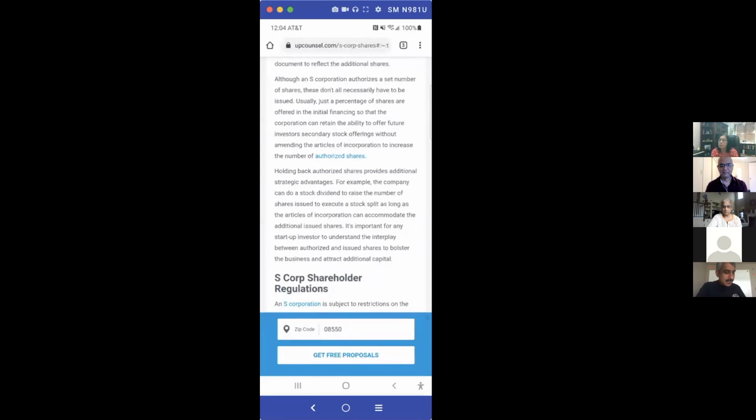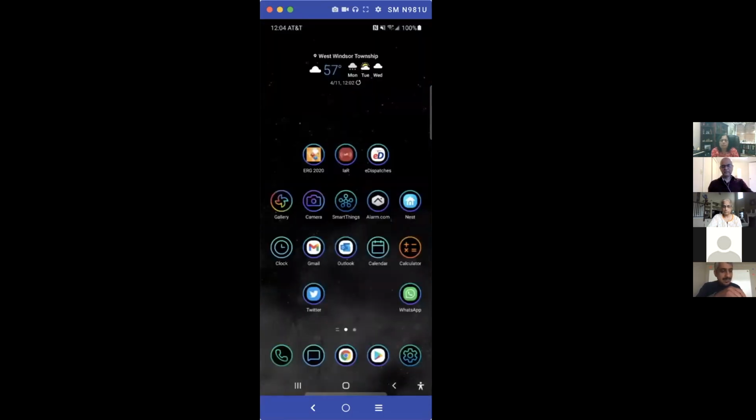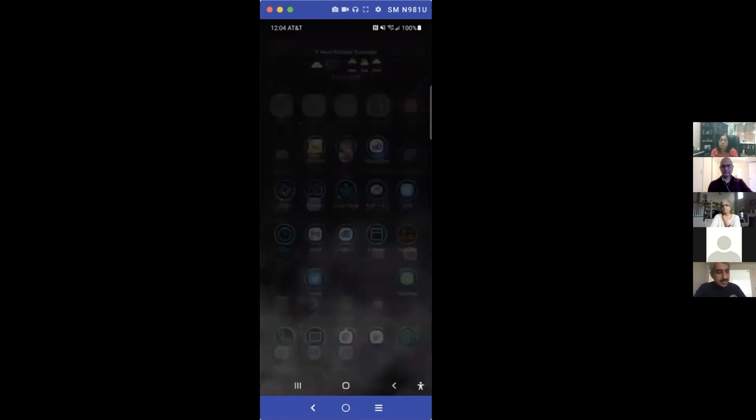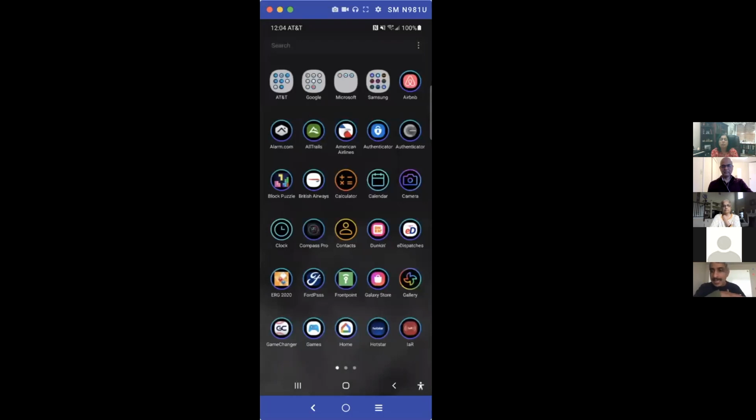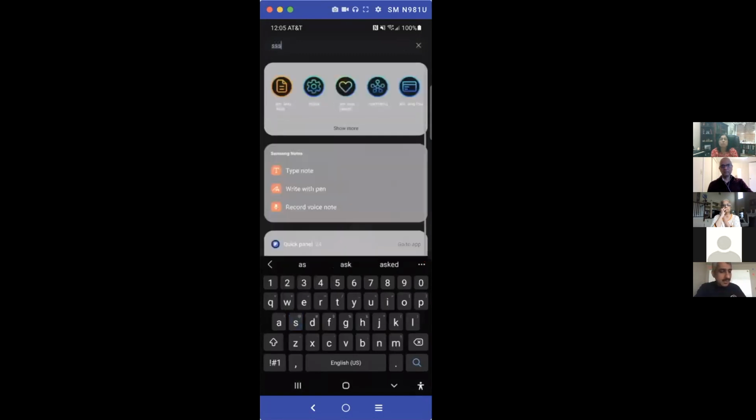So the other thing is, how do you access this? Using a function similar to search, or Spotlight as they call it in the Apple world. This is my home screen, but when I swipe up, I get all my apps, and on the top you'll see there's a search window. This is very similar to what Apple has in the form of Spotlight. And here you can type